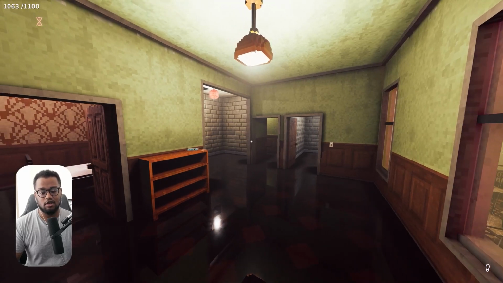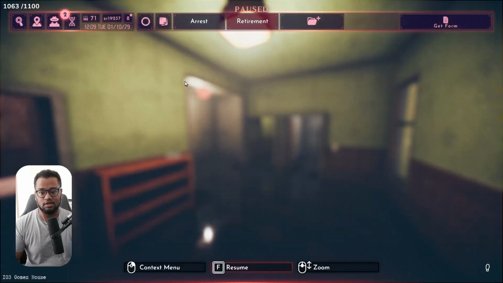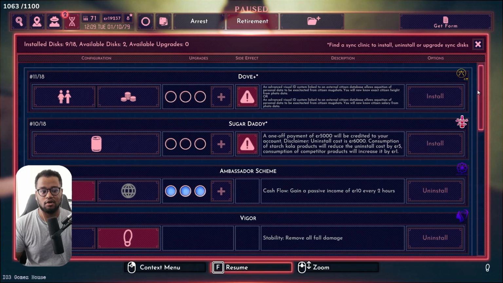So the next tip, do some side missions. You can see there are 18 total upgrade slash discs that you can pick up that will help you out. I don't have all the discs. Maybe in another run I'll focus on getting every sync disc that I can and do a tier list. But what we have so far right now,